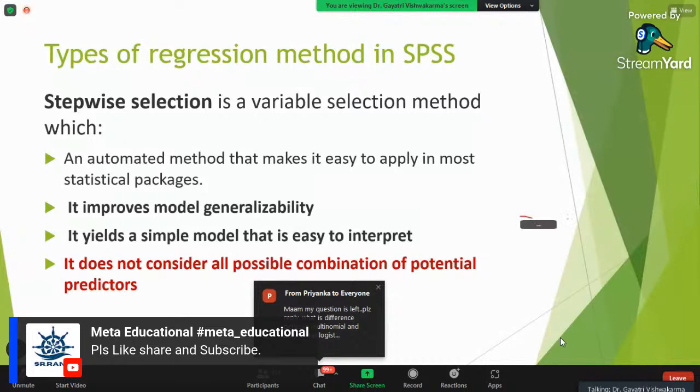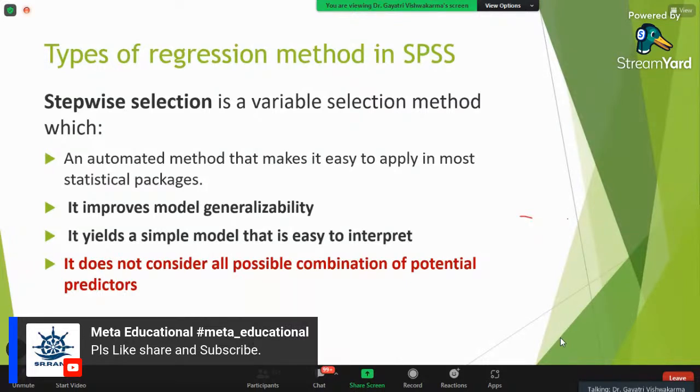But any of the software you are using will ask what method you are applying to find out this regression. Inside regression there are some methods for how we are going to select variables. There is a stepwise method, a backward selection, a forward selection. These are the number of methods, so let's understand one by one.